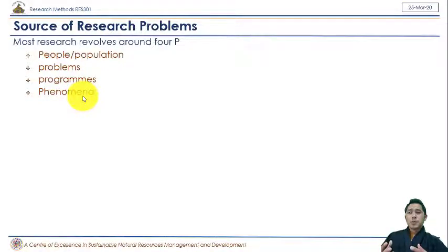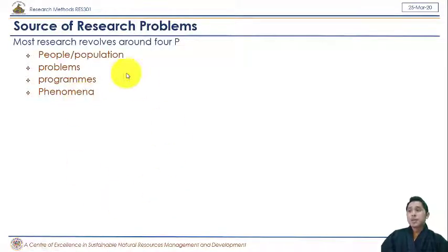Research problems will arise from the combination of any of the 2 P's, or a combination of any of the P's, more than 2. So let's say we want to study the population of something else with regard to some issues or some problem, or let's say